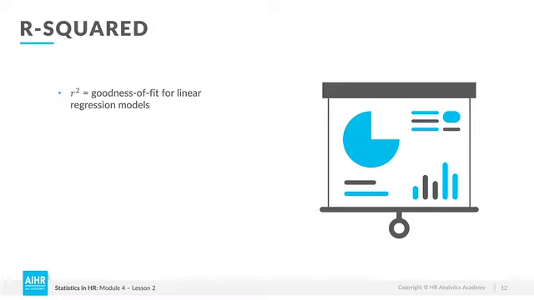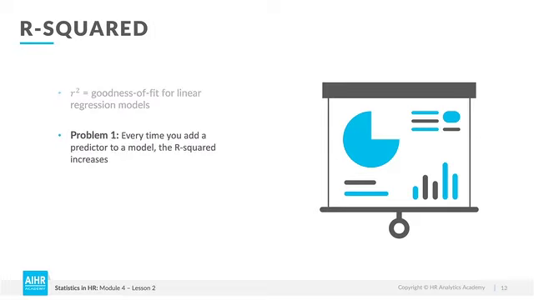Since this is a multiple regression analysis, we can use the R-squared again, right? Well, not entirely. The R-squared has a number of problems with a multiple regression. Problem 1. Every time you add a predictor to a model, the R-squared increases, even if due to chance alone. It never decreases. Consequently, a model with more terms may appear to have a better fit simply because it has